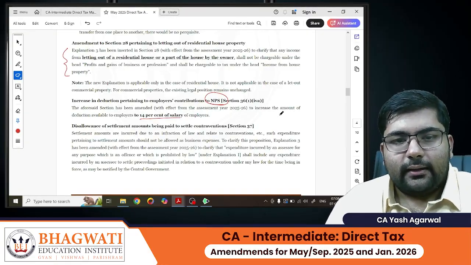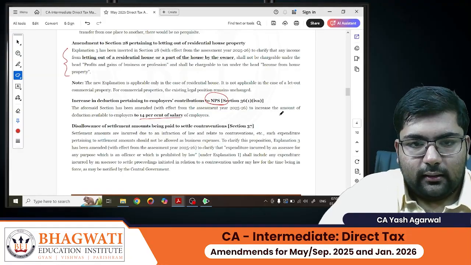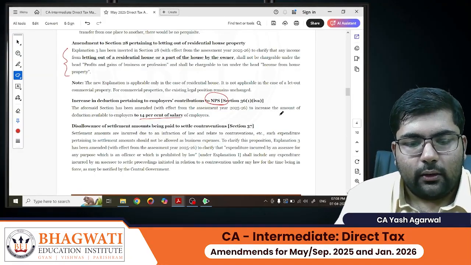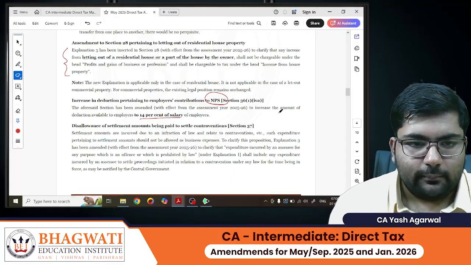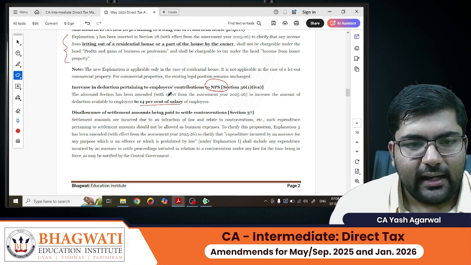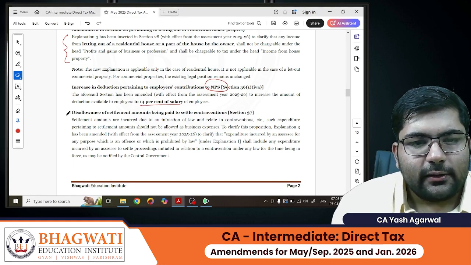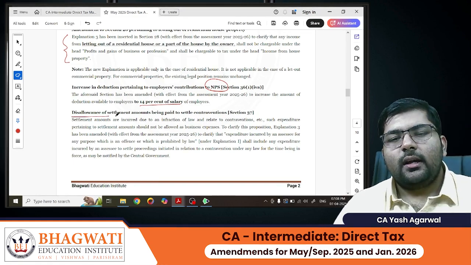So the deduction allowed to the employer for making a contribution to the NPS account of the employee would now be restricted to 14% of the salary of the employee. This limit has been enhanced. Disallowance of settlement amounts. So what happens is, if in case